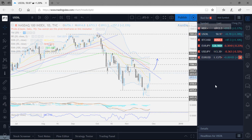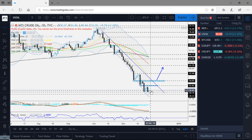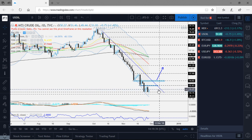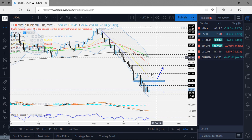Jumping into US oil here quickly, so this one is showing good performance today. Certainly managed to reach the new lows, but quickly reversed back up here, and now looking at this daily candle, we see that it's in the positive zone. Certainly we do have some good areas of resistance here near the 52.80 level. Now a nice good pop above this doesn't really mean that we will just continue traveling higher here